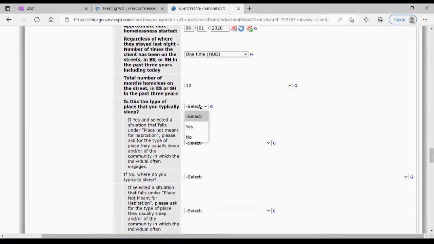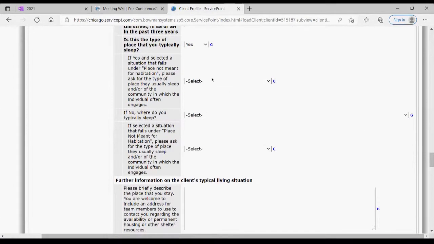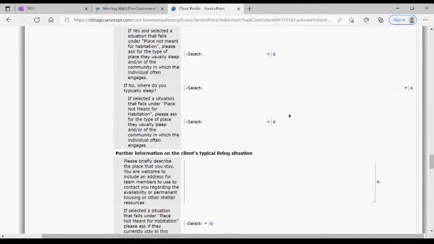Is this the place that you typically sleep? For this client, we would say yes. And then it has a few follow-up questions. If yes and client is staying in a place not meant for human habitation, then it has a few follow-up questions here,